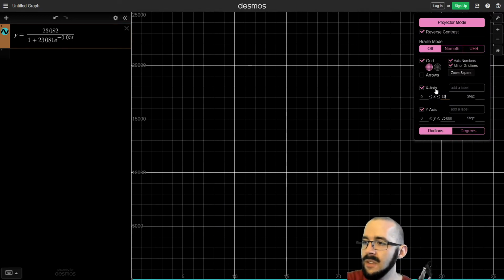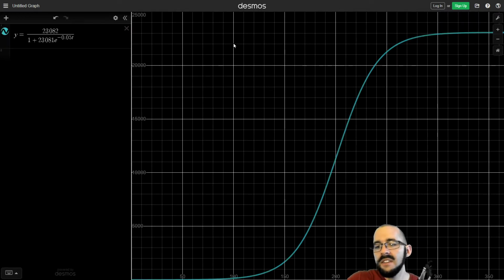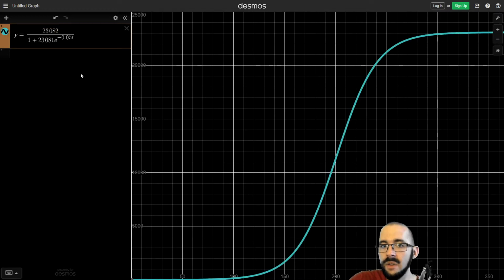Okay, so let's go back to 365. This is the spread, a model for the spread of disease. How many people total have contracted a disease? And so our carrying capacity right here, 23,000, that is the most recent estimate for the population of Rock Springs. Okay. And what was our y-intercept? Our y-intercept was 1. So assuming, there's a lot of assumptions in a model like this. This is one potential model that could be shown for if one person got COVID in Rock Springs and they